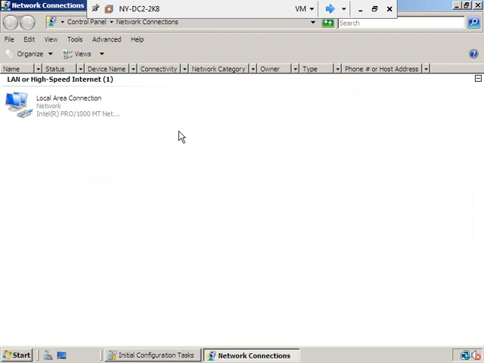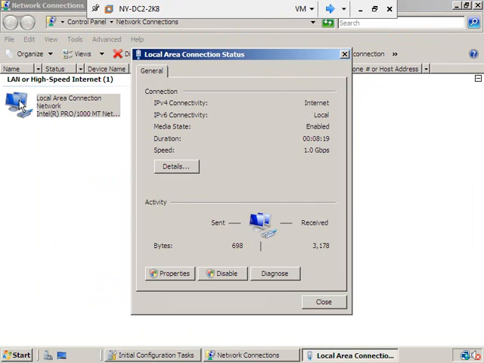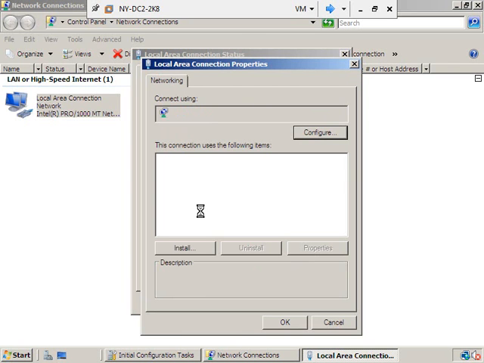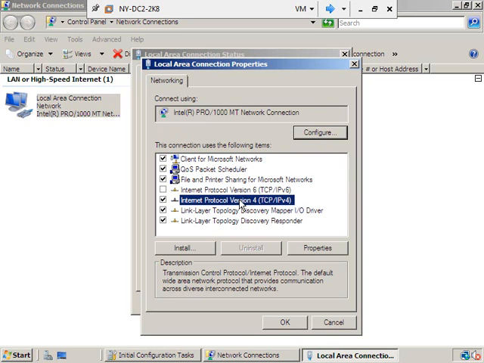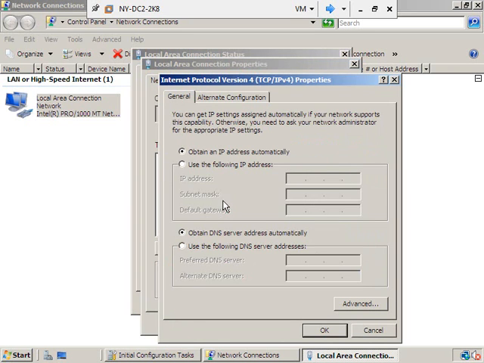And again, we're living in an IP version 4 world, and GlobalMantics is not going to be an IP version 6 network, at least not at this time. So we're going to go ahead and remove the IP version 6 stuff so it doesn't interfere with anything, and then go ahead and configure it for IP version 4. I'm going to go ahead and double click on this particular item, and let's go ahead and set our IP